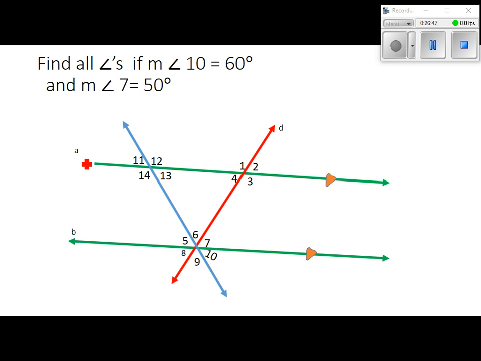When you're looking at a picture like this, you've got to be careful because you're going to end up messing stuff up. So when we look at this, it looks like I forgot to put a letter on here or something, so we'll call that line there, line C. This time we've got our two parallel lines, that's the two green lines. And then we have two transversals, a red one and a blue one. Well, if I pick the blue one first,